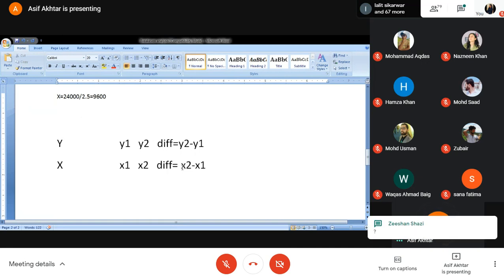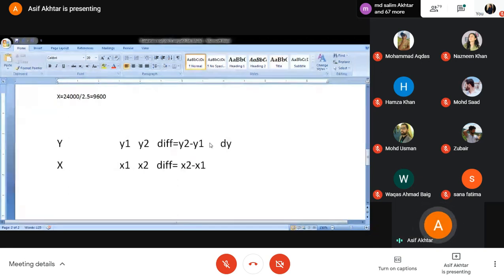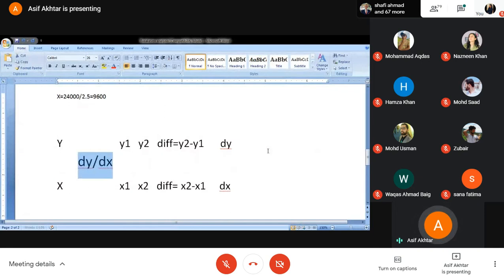dy. The only change in this, that difference of y2 minus y1, I would note it down like this. And for x2 minus x1, similarly, what should I write? I would write dx. And the way of writing it down is like this. I would write dy oblique dx. So this dy by dx is nothing but the differentiation. This is the way of writing it down, and everybody understand this is nothing but the differentiation.